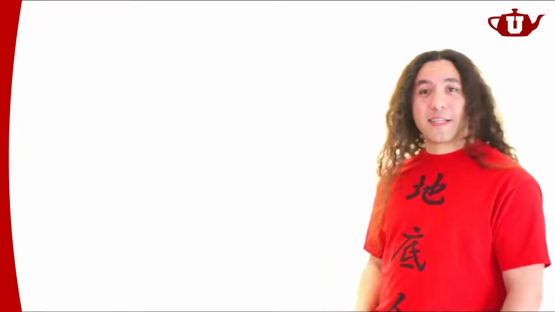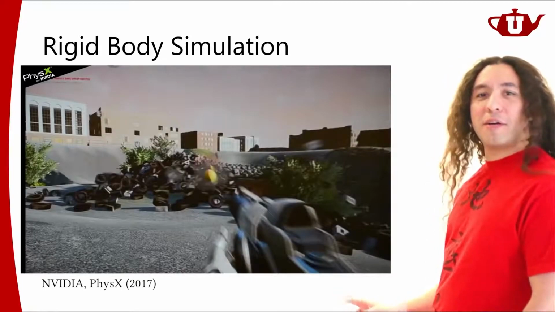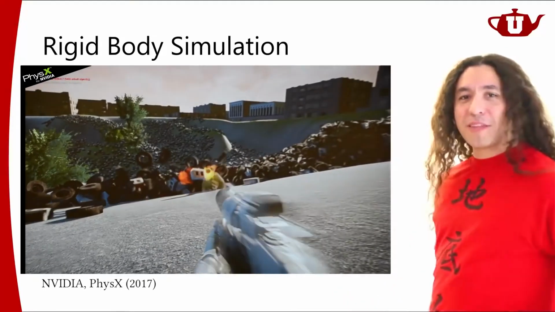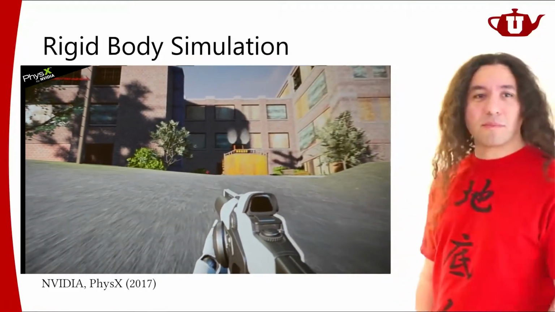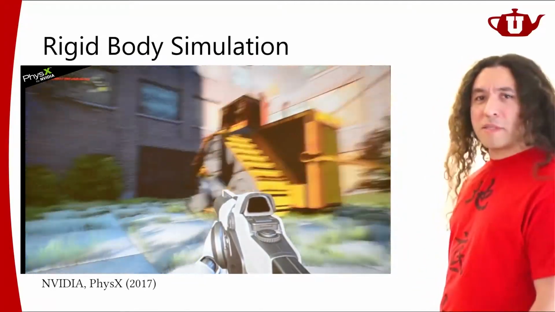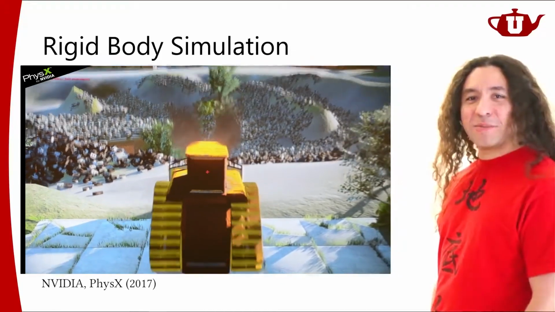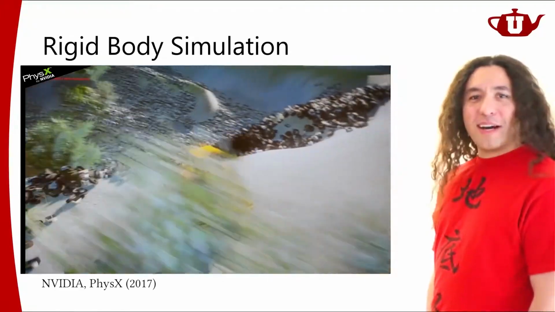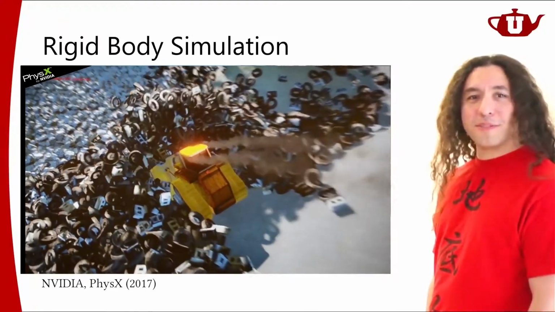We're going to start with rigid body simulation. So this is a video from a relatively recent NVIDIA demo. So let's watch this video. Here, as you can see, the player is throwing some balls on top of some rocks, and the rocks are colliding with that ball and bouncing around. Now we're going to jump into this bulldozer. There it is, and then we're driving the bulldozer into these rocks. And of course, there are going to be some collisions. We're going to push them around.